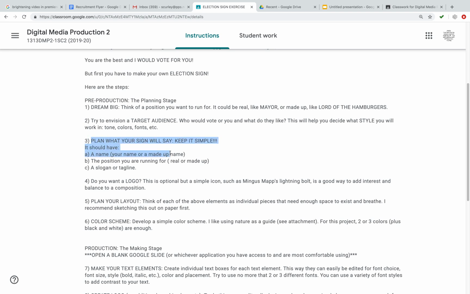And then you plan what your sign will say. Got to have a name, whether it's yours or a made up one. Got to have the position you're running for. And then you can have a slogan or tagline, right? For America. I don't know. You know what I'm talking about. Then you can add a logo or